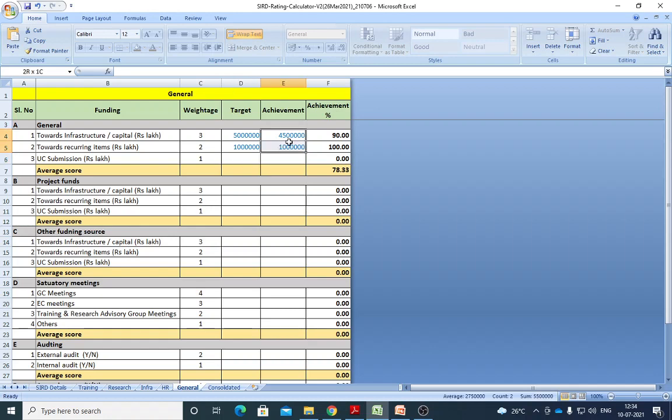So what is our target? This is the target. Because you completed the previous year, you have completed 10 lakhs, so you have to issue the UC. This 10 plus 45, 65, sorry, 55 lakhs, next year you have to submit. This is your target, next year this is the target.